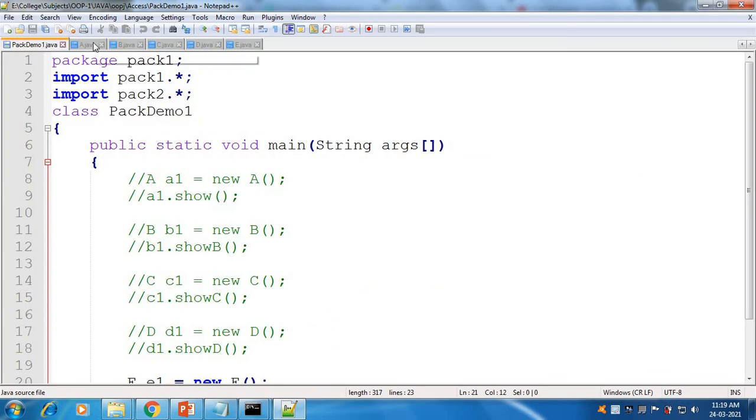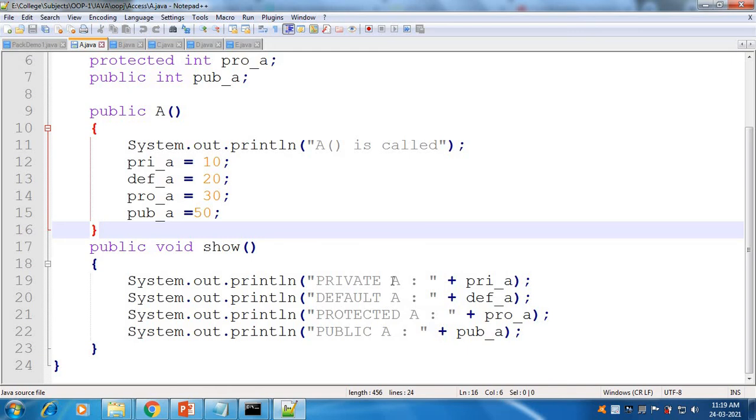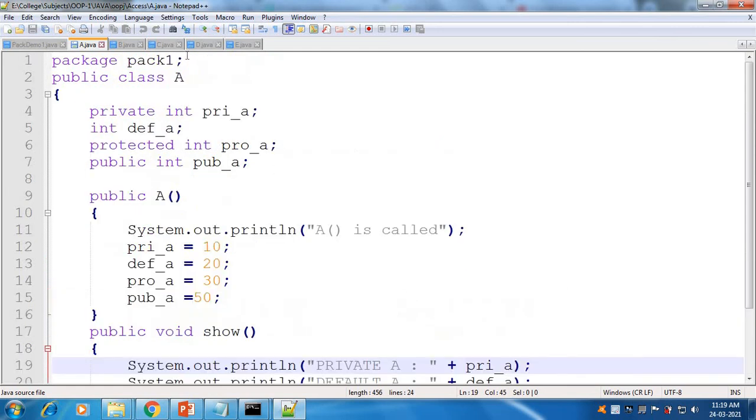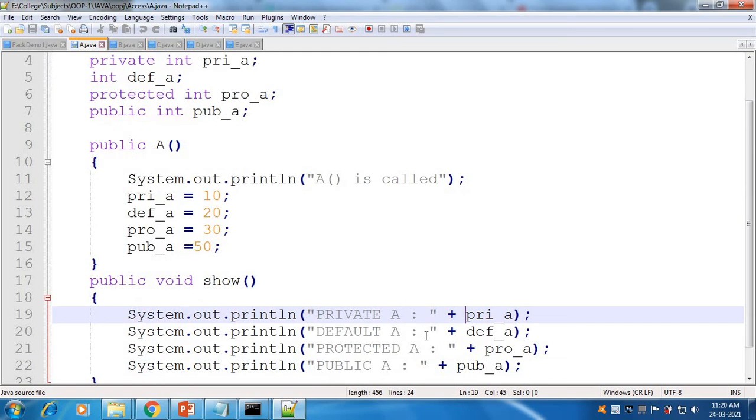Here in class A, all the variables are accessible. Why? Because class A is in the same package and it has all the variables, so it can access all the variables.